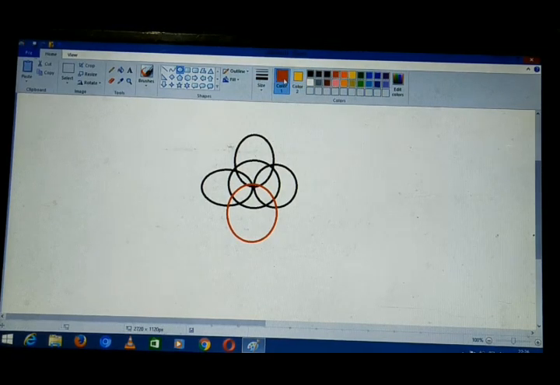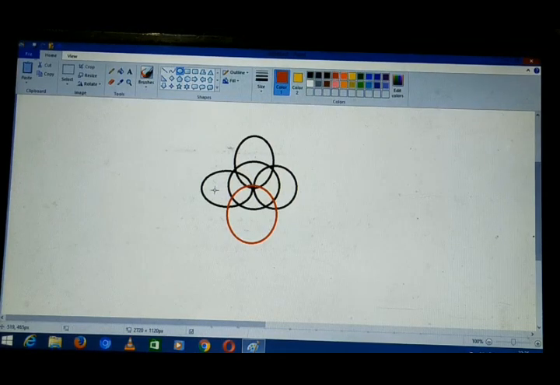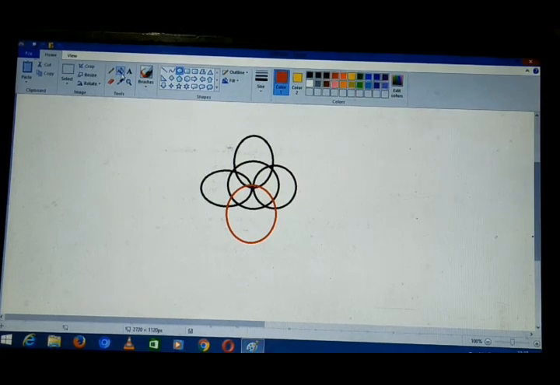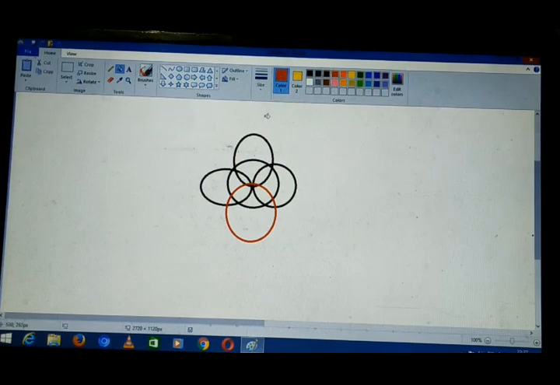See, I am selecting foreground color and I am selecting this object. First of all, select this. See, I will be selecting the brush first. Fill with color. This option, fill with color, and then I am selecting foreground color where I want to fill foreground color. So it is painted with foreground color.